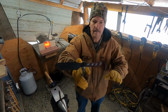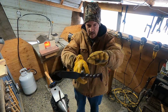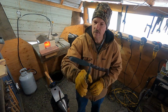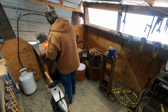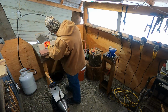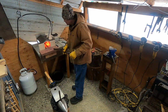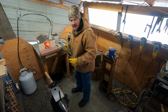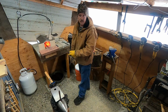So I'm going to heat it back up, shape it a little bit more the way I want it. I want a little bit of angle, a little curve so it fits in the palm better. So I will do that. And then since I've got the forge going and I've already stamped one of my other older knives,